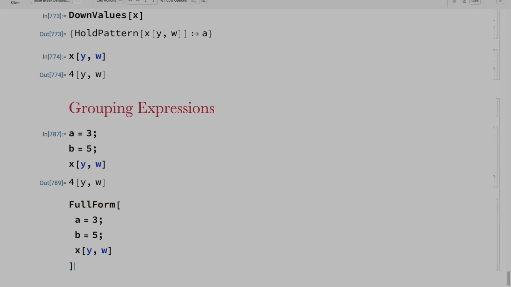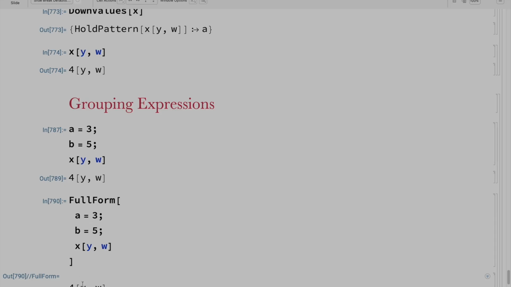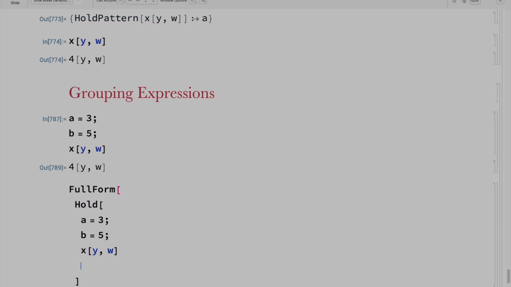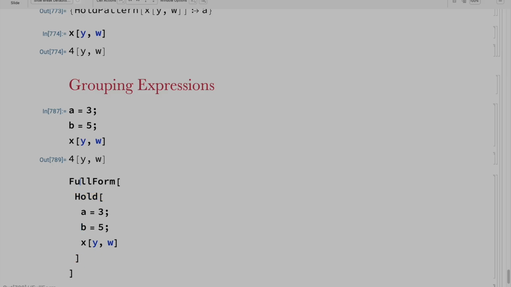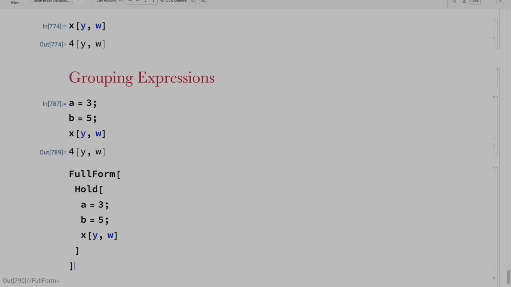This is a fully legal form, and sometimes this could be more readable than having everything between the brackets on a single line. But if I do this, of course I get 4YW, nothing changes. Why? Because I should have put what? I should have put Hold. I should have held those expressions so that they are not evaluated. And I close the Hold. So I'm using this multi-line style of formatting between the square brackets. When I press Shift Enter,